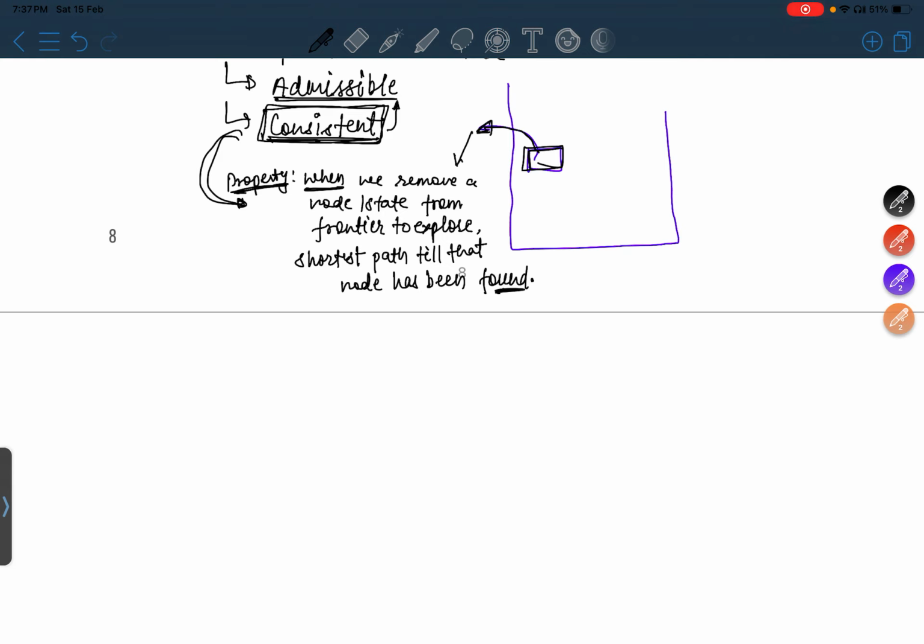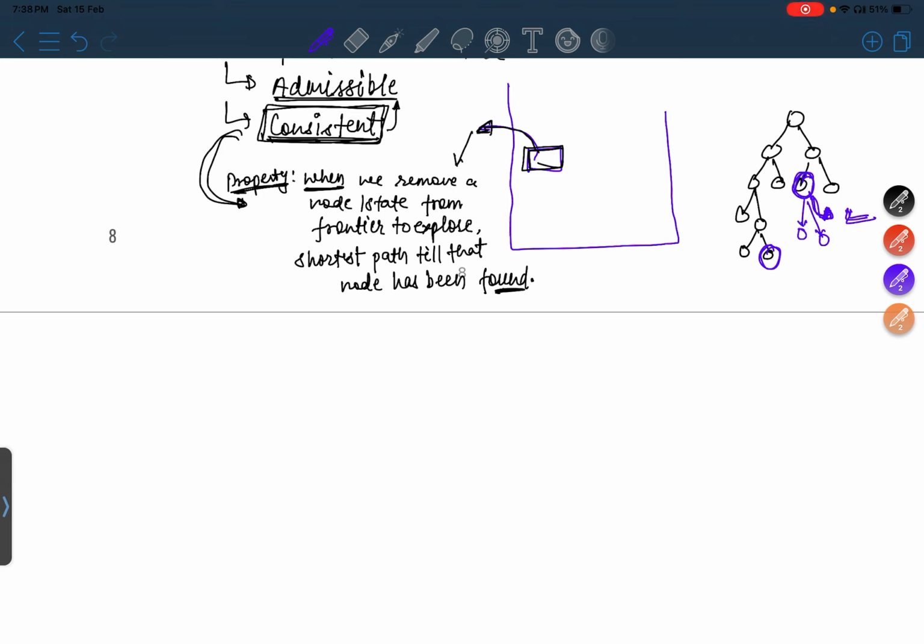And अगर ये property true है, तो for example, let's suppose ये सर्च स्पेस है, यहाँ पे दो गोल नोड है, ये वाला और ये वाला। तो होगा क्या, सबसे पहले जो भी रिमूव होगा, अगर ये रिमूव होता है, दैट मीन्स कि इस तक का पाथ हमें शॉर्टेस्ट पाथ मिल चुका है, राइट। दैट मीन्स कि इसके बाद के जो भी एजेस और नोड्स आएंगे, उनकी कॉस्ट हमेशा इससे बड़ी ही होगी।